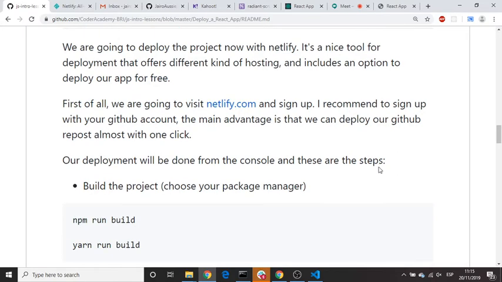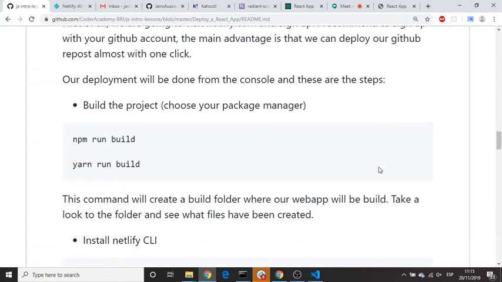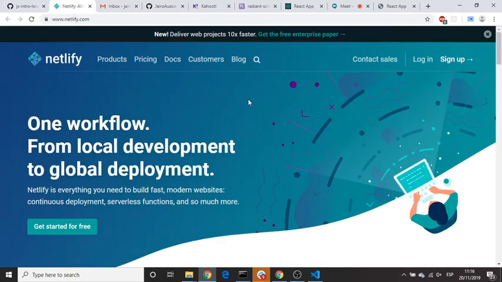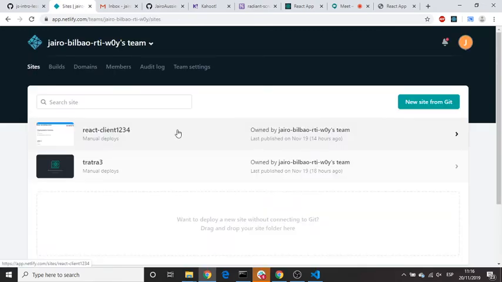That's really useful. But we are going to do it with the Netlify CLI, with the console. So first of all, we're going to build the project. We can build it with npm run or with yarn run, both are good options. First of all, do the login. If you are already in your GitHub account and here in the login option, well, I'm already inside, but if you click on the GitHub option,